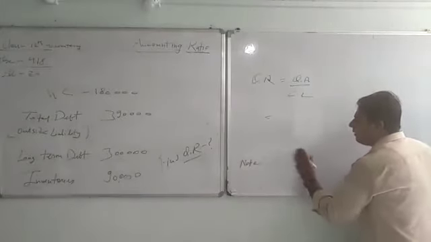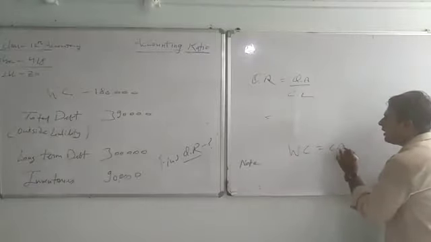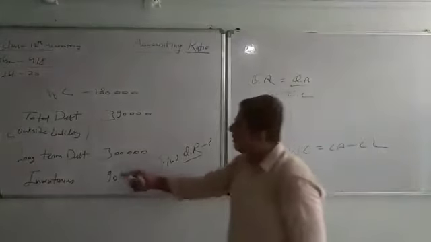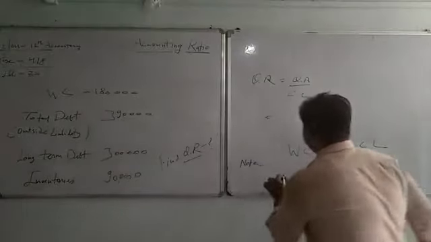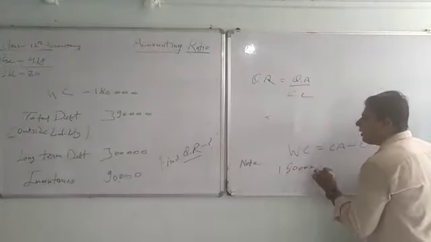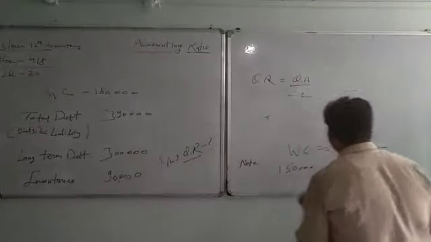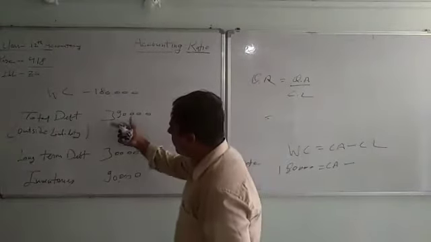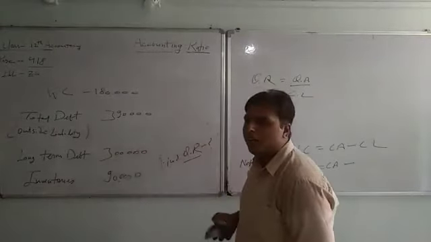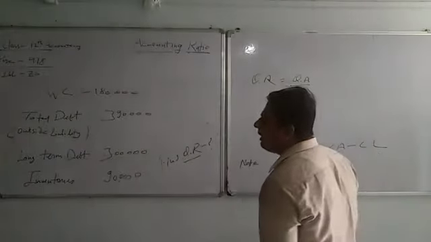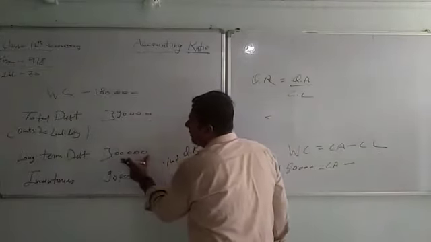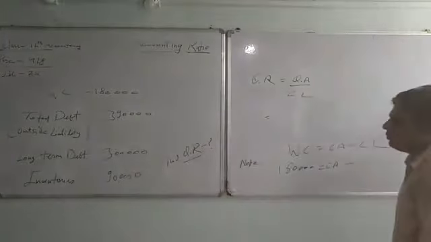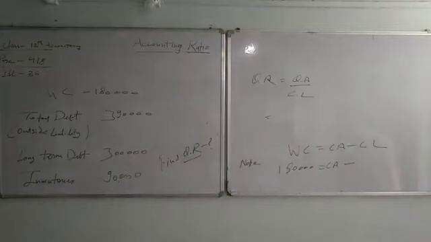So working capital is equal to current asset minus current liability. Working capital is given to us, yes, 1,80,000. Is current asset given to us? No, current asset is not given to us. We have to find it out. Is current liability given to us? See here, the current liability is mentioned, but we are not able to find it directly. What is the current liability here? Total debt 3,90,000 minus 3 lakh. See the question carefully. From the total debt, if we subtract long term debt, current liability will come.